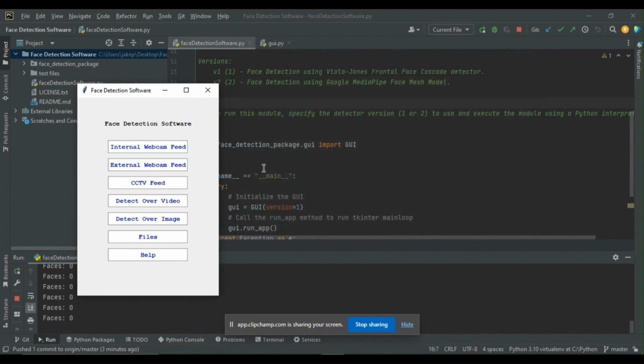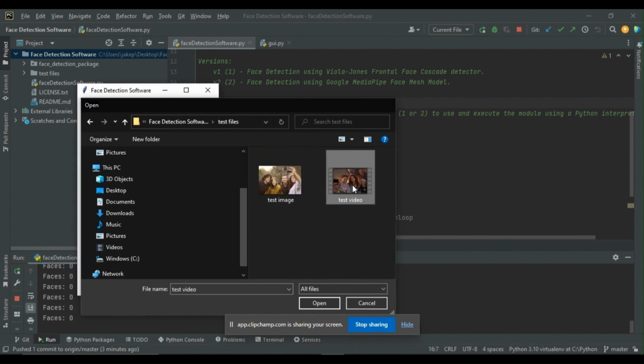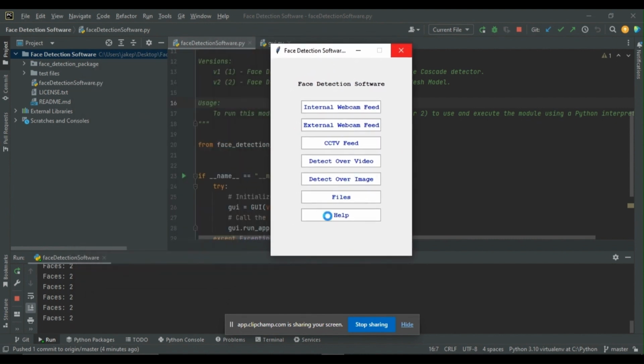Now moving on, we'll close out of there and we're going to go ahead and detect over our video. We'll go to our test files and select our test video. And now we need to wait for some time for the detection software to process this video file for face detections. This takes some time because the software has to go through each frame in the video file and make